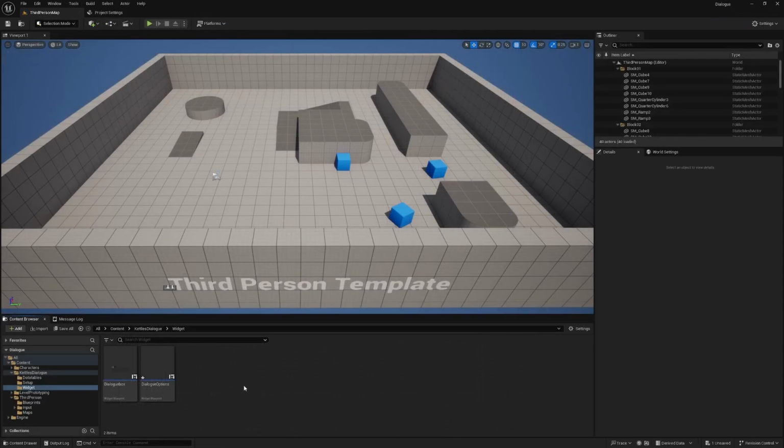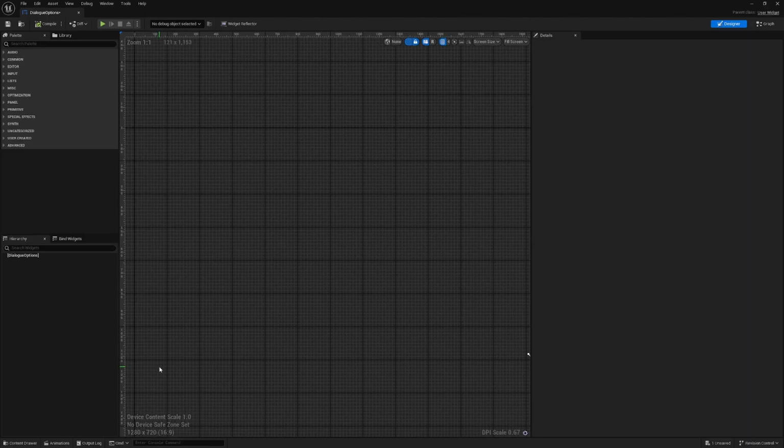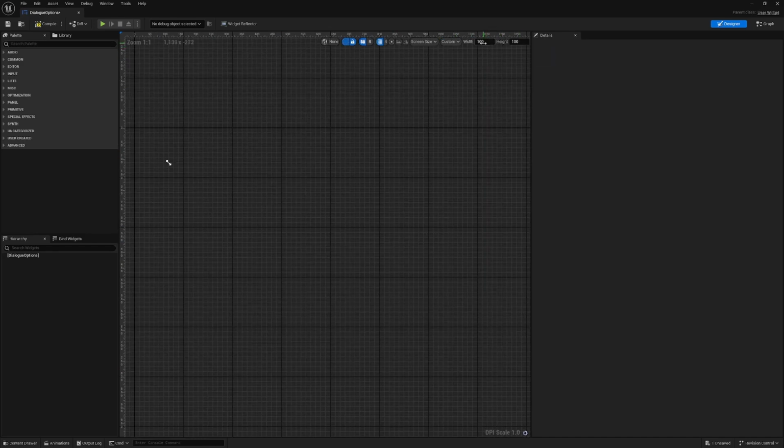Now that the main dialog box is set up, we now go into dialog options, and we want to change the screen size to custom, and I've made mine 500 and 50,